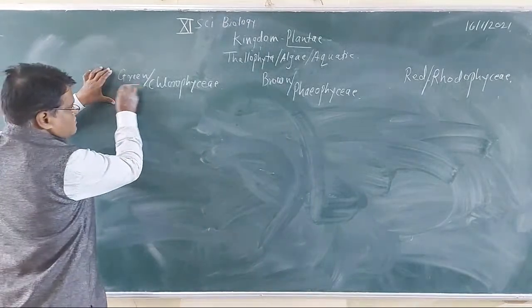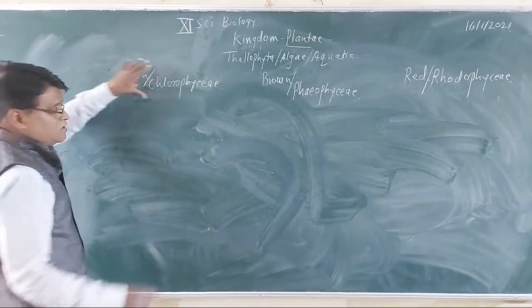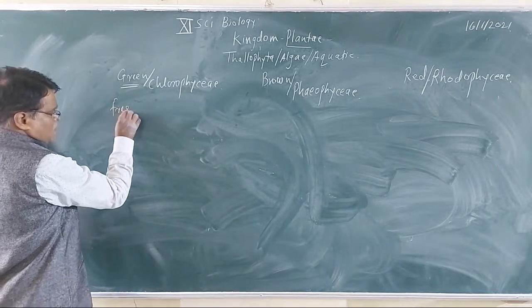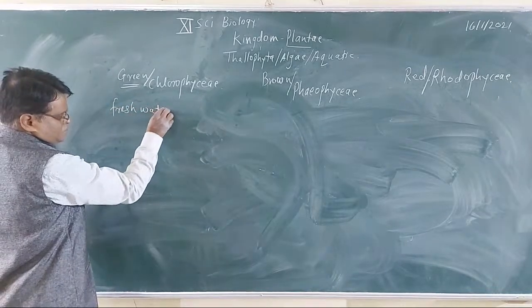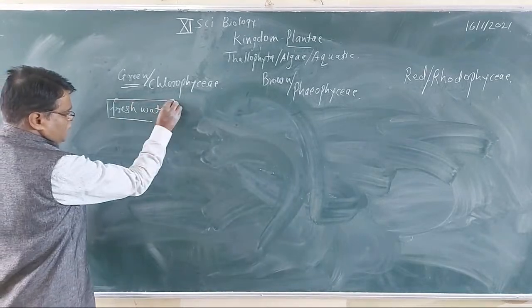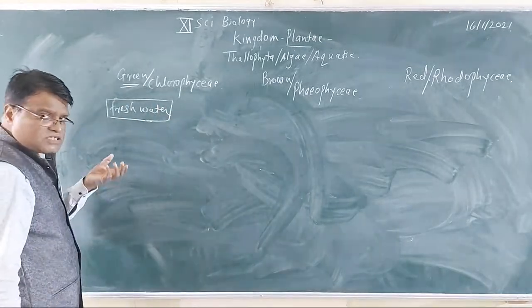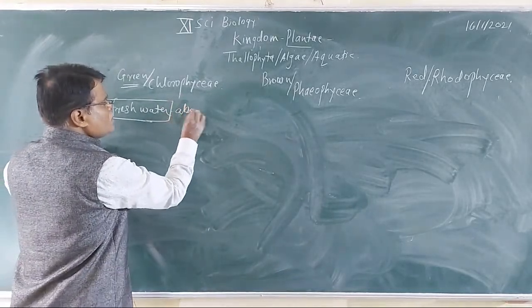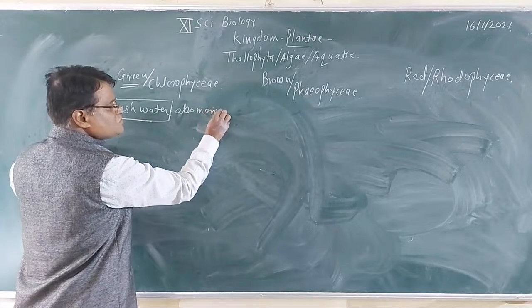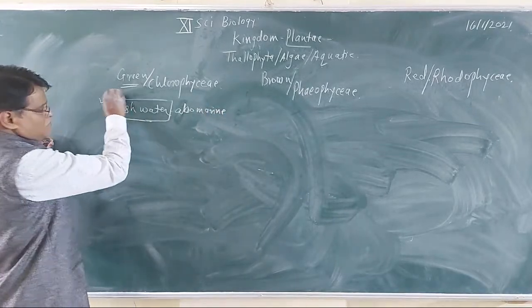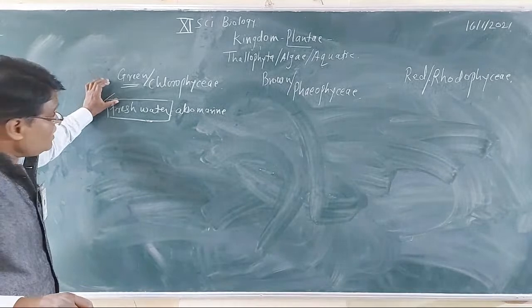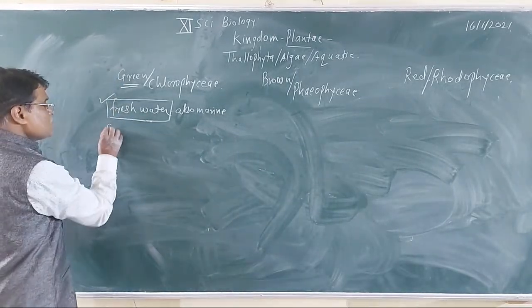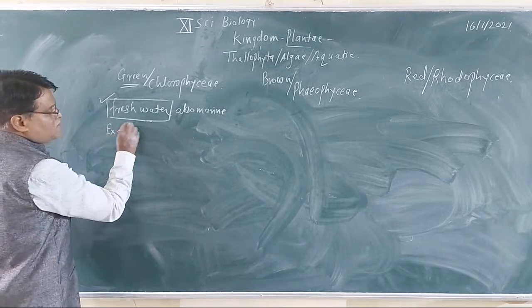Green pigment algae are found in fresh water. A few species are also seen in marine, sea water, no doubt, but the majority of the green algae are in fresh water. For example,